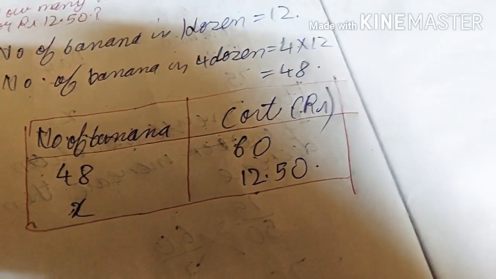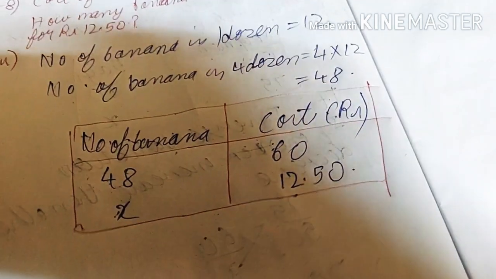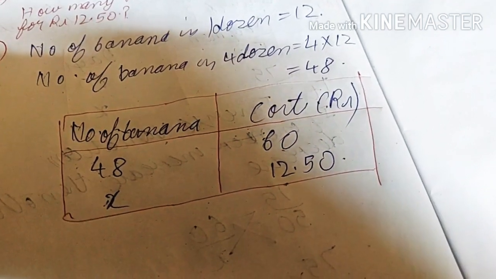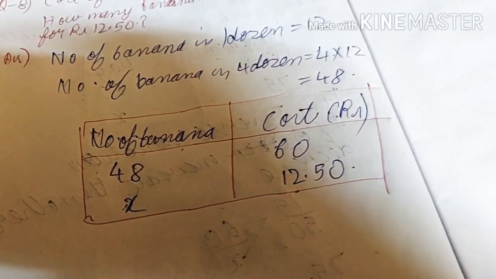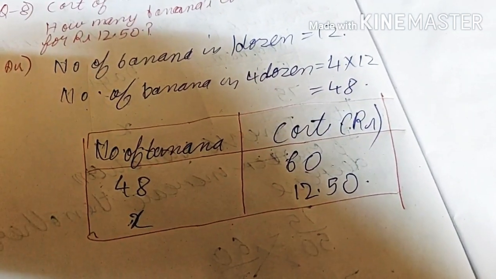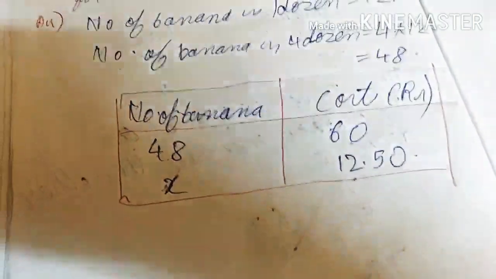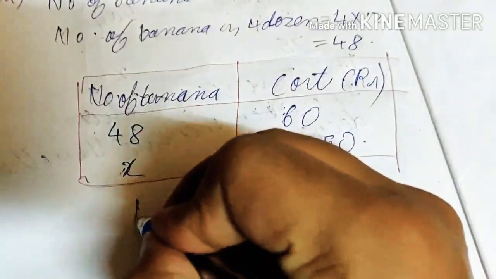Means decreasing the amount, the number of toffees also decreases, so both things decreased. In the same way, for rupees 40 you can buy 12 bananas, and for rupees 20 you can get only 6 bananas. So when cost decreases and number of bananas decreases,